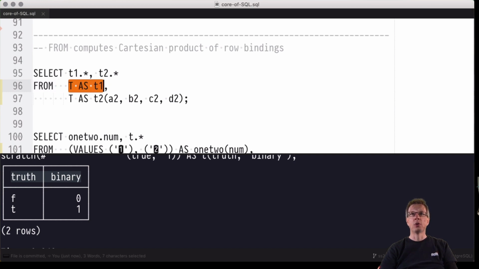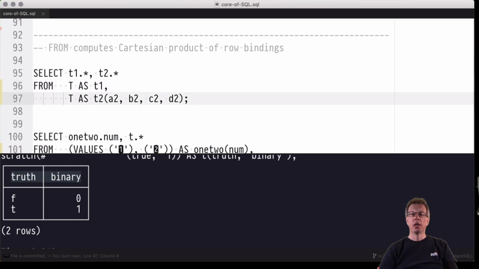Row variable T1 will receive 5 possible bindings. Row variable T2 will receive 5 possible bindings. All of the combinations will be generated, so we will receive 5 times 5, that is 25 row variable bindings, for all combinations of rows extracted from tables T and assigned to row variables T1